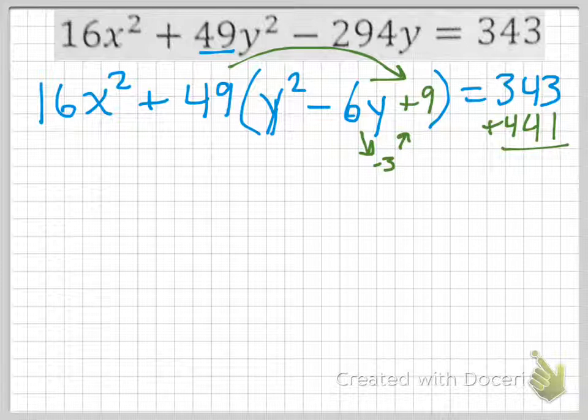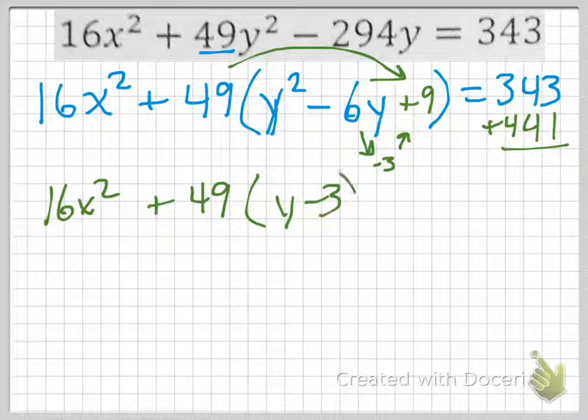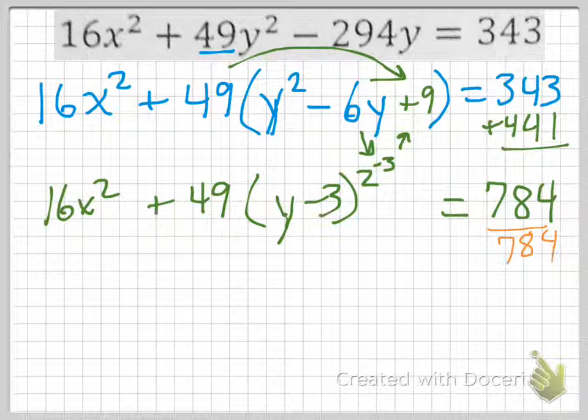Okay, so if we bring down our 16x squared, bring down our 49, and now we can rewrite our y's as y minus 3 squared. And on our right side we're going to have a sum of 784. Okay, so we completed the square for our y's. Now we need to get a 1 on the right side of our equation, so if we divide each of our terms by 784,